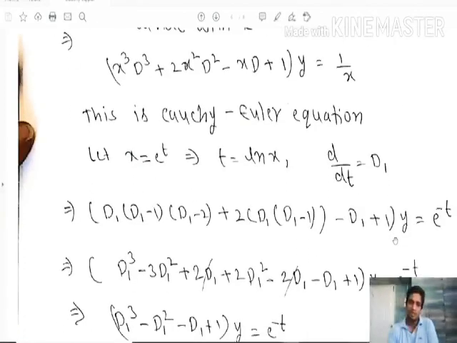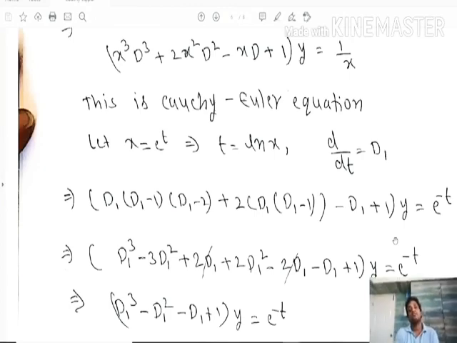So we know the procedure to solve the Cauchy Euler equation. Introducing x is equal to e power t, then t is equal to ln of x, and D1, capital D1, is equal to d by dt. That means we are going to change this total equation in terms of the independent variable t. Okay, so x cube d cube becomes D1 into D1 minus 1 into D1 minus 2